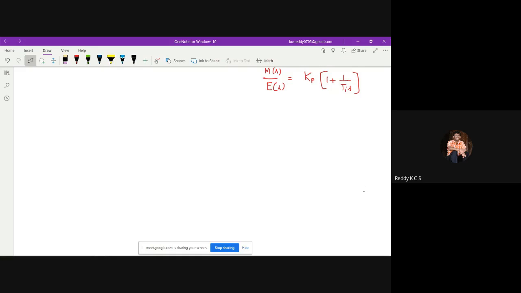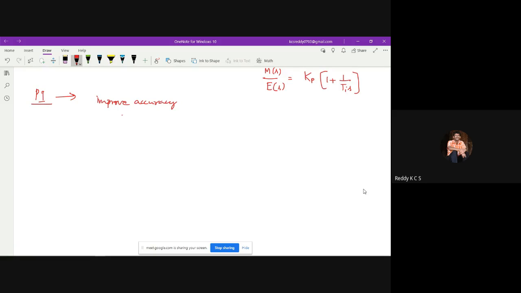Advantage of both the controllers. That is why we use, say, the PI controller: it improves the steady state accuracy. It improves the accuracy because the proportional action has the offset error, and the integral action is going to reduce that offset error. So it improves the accuracy, but it also increases the rise time.